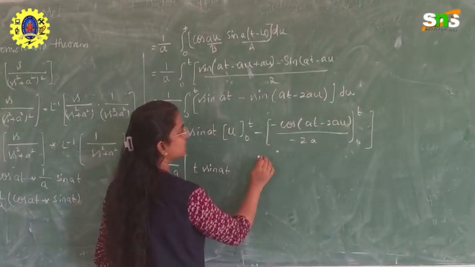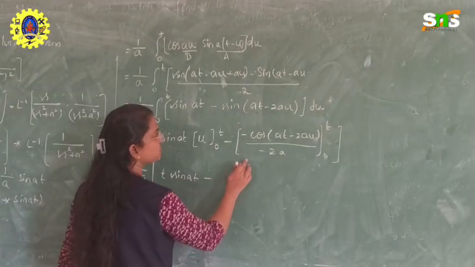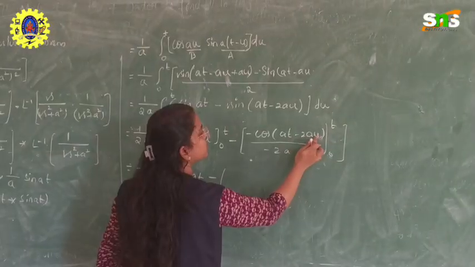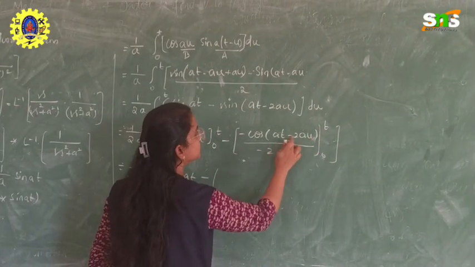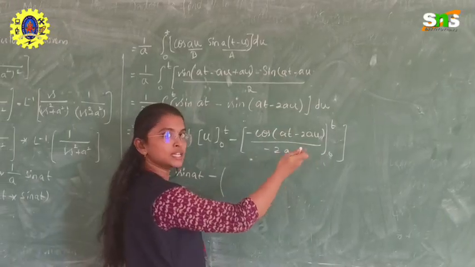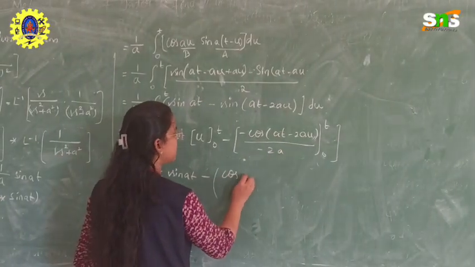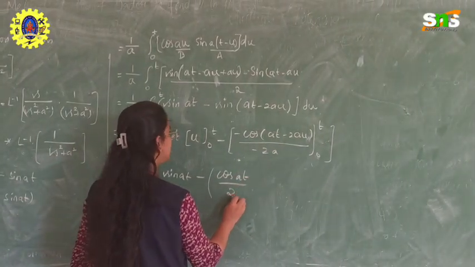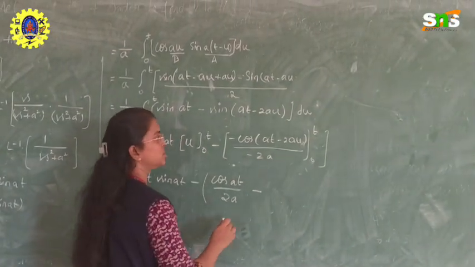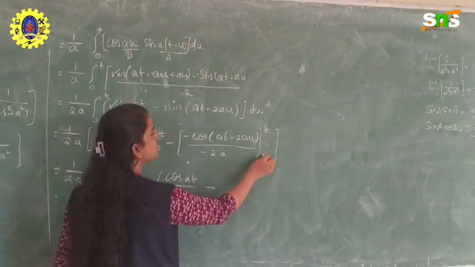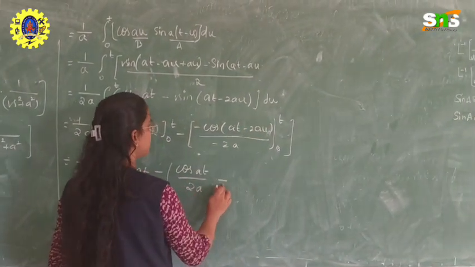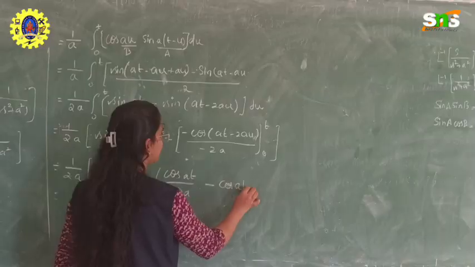So minus minus will be cancelled out. Substituting the limit u with t, at minus 2at will be minus at. So cos of minus at is cos at. So cos at divided by 2a, minus the lower limit substitution, where you substitute u with 0. So this goes 0. So minus cos at divided